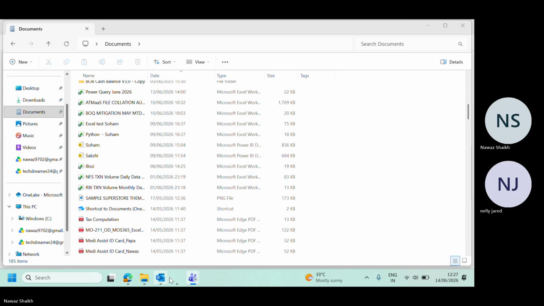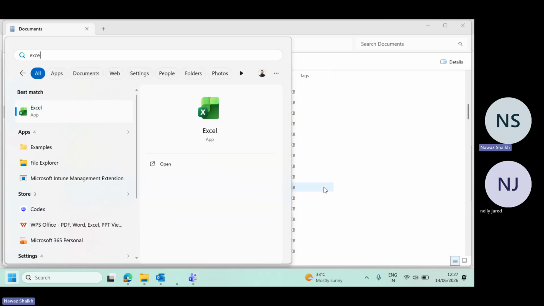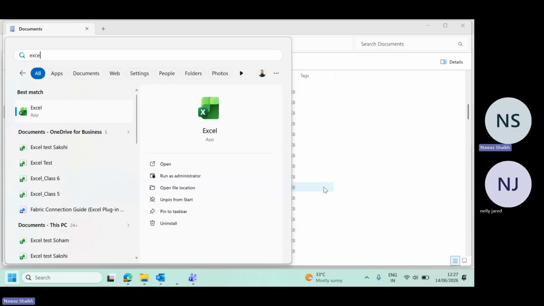Chalo, let's start with Excel. Firstly, to use Excel, the Office product should be installed on your system. Now, as I said, if you want to use Power Query and Power Pivot, the minimum requirement would be Excel 2016. As I said, Power BI development was started in 2009 and it was